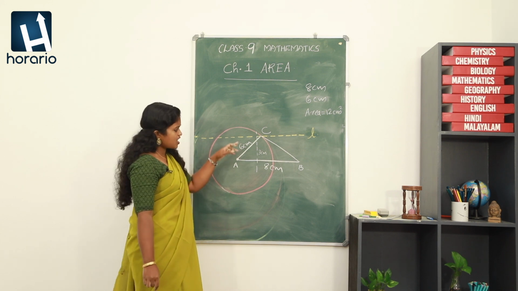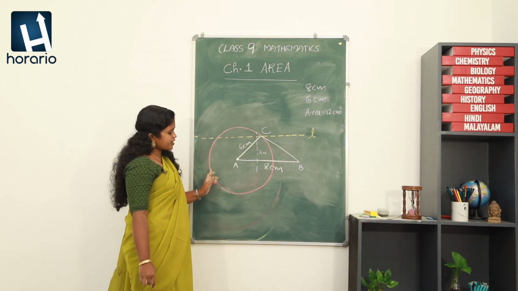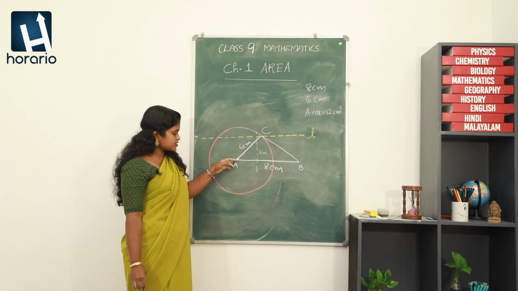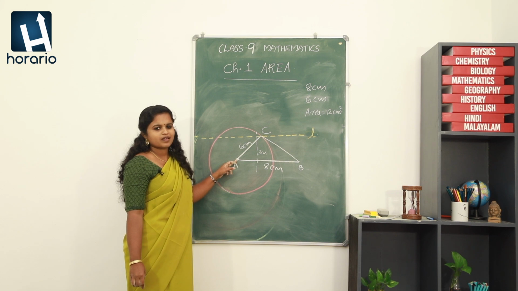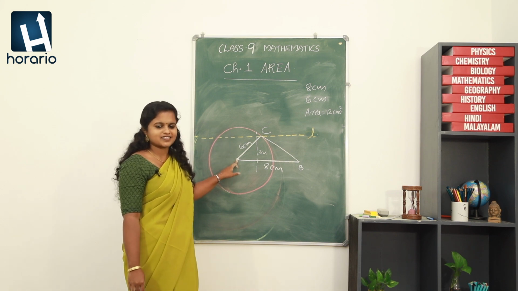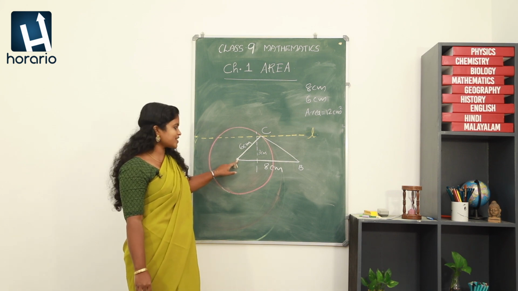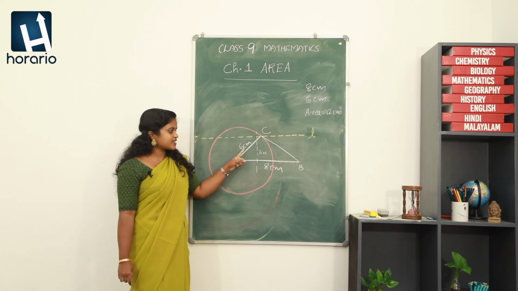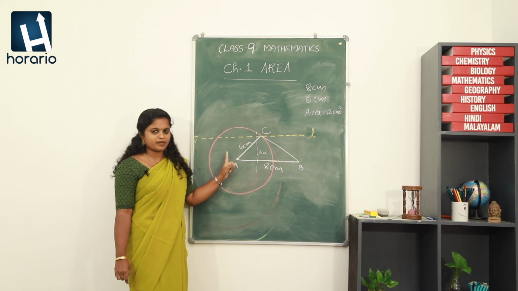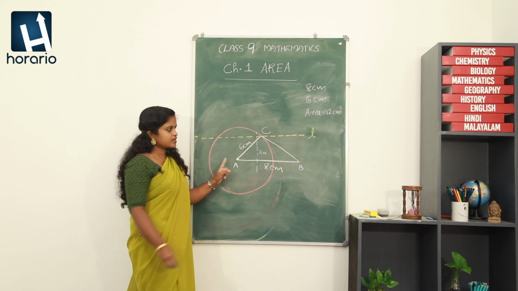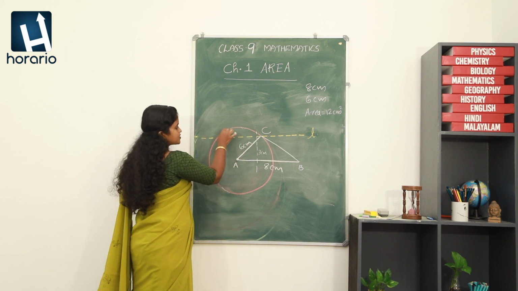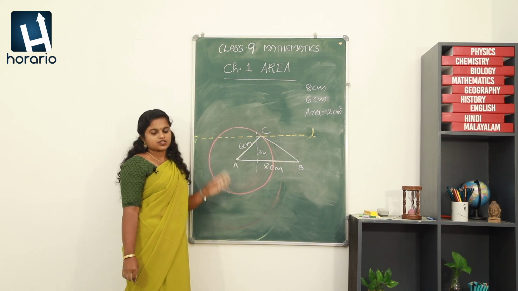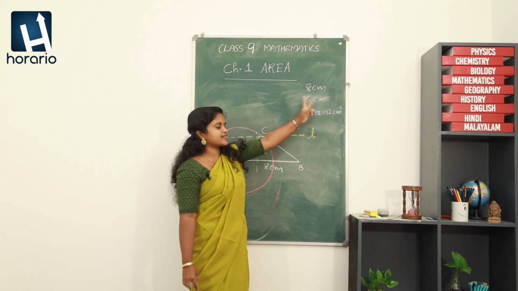My question is, what is the peculiarity of the points on the circle? What will be their distance from the point A? Yes, since it is a circle, every point on the circle will be at a distance of 6 centimeter, the radius, from the center A. So, any point on the circle will be measuring 6 centimeter from the point A. So, that is how we are going to make this 6 centimeter.